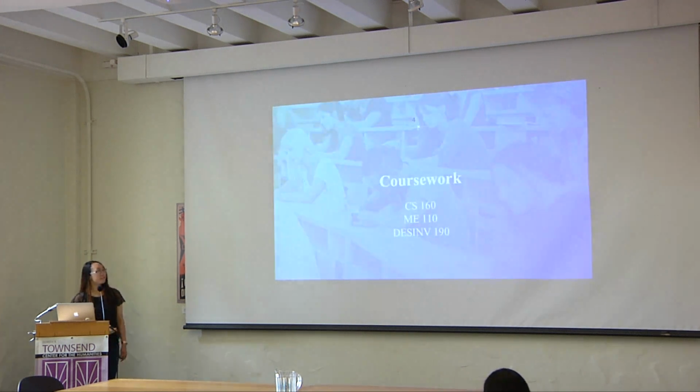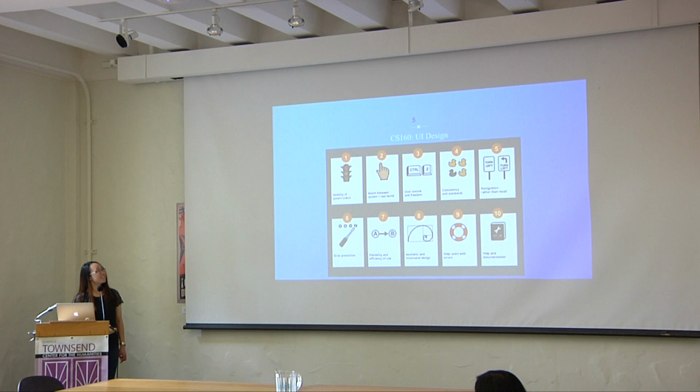I'm going to briefly go over some of the lessons I learned from my coursework. In CS 160, which is UI design, one of the important things we learned was Nielsen's 10 usability heuristics, some of which are visibility of system status, match between system and real world, and user control and freedom. These are particularly important to consider within the automotive industry because, as they're driving and interacting with the infotainment system, you want them to be able to quickly use the navigation or change their channel without fiddling too much with the infotainment system because that could cause them